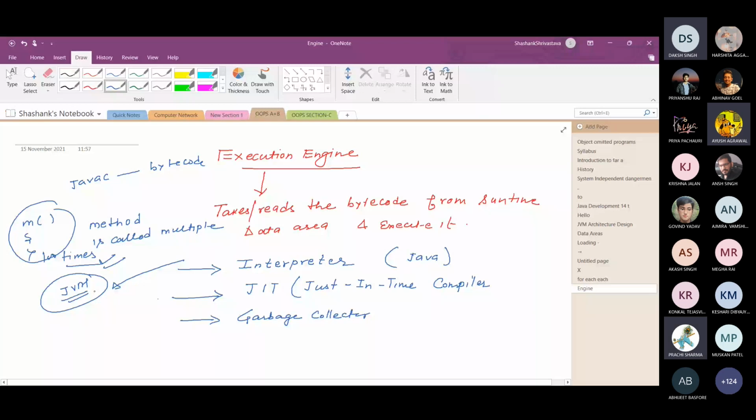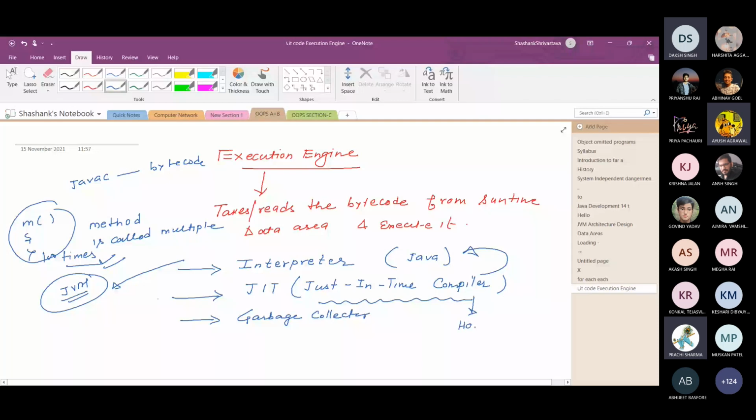In order to solve this problem, the just-in-time compiler came into existence. What will the just-in-time compiler do? First, the just-in-time compiler runs in parallel with the interpreter. Internally it has a component called the hotspot profiler.